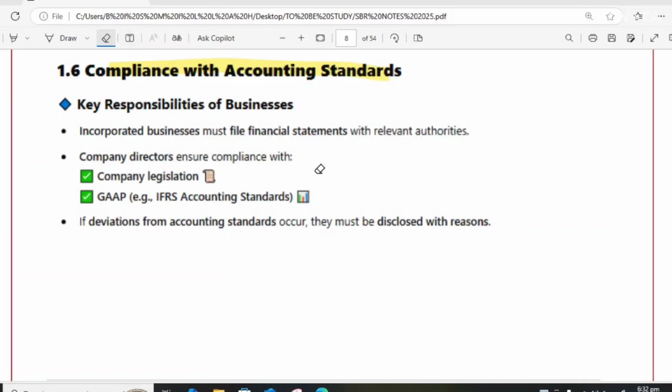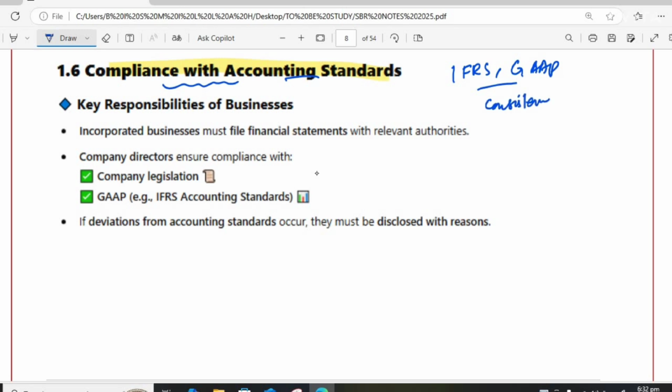Okay, guys, today we have to discuss compliance with accounting standards. And by accounting standards, we mean IFRS and GAAP. Why do we need to comply with these accounting standards? The reason is that standards like IFRS and GAAP ensure consistency, compatibility, and reliability